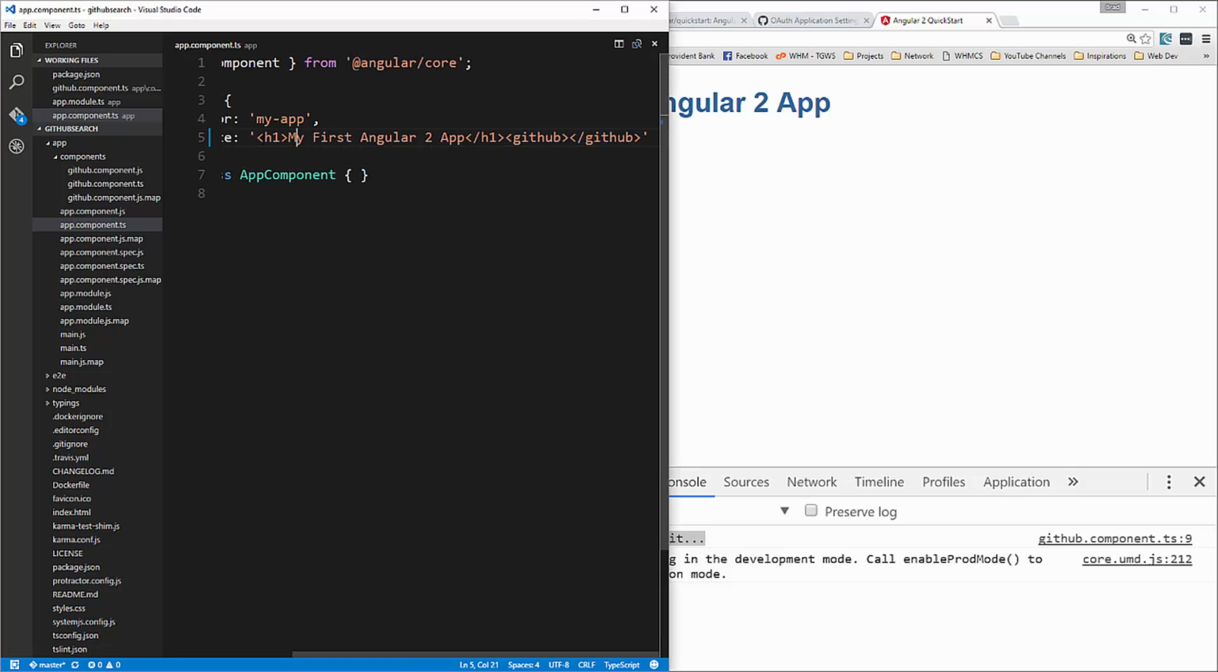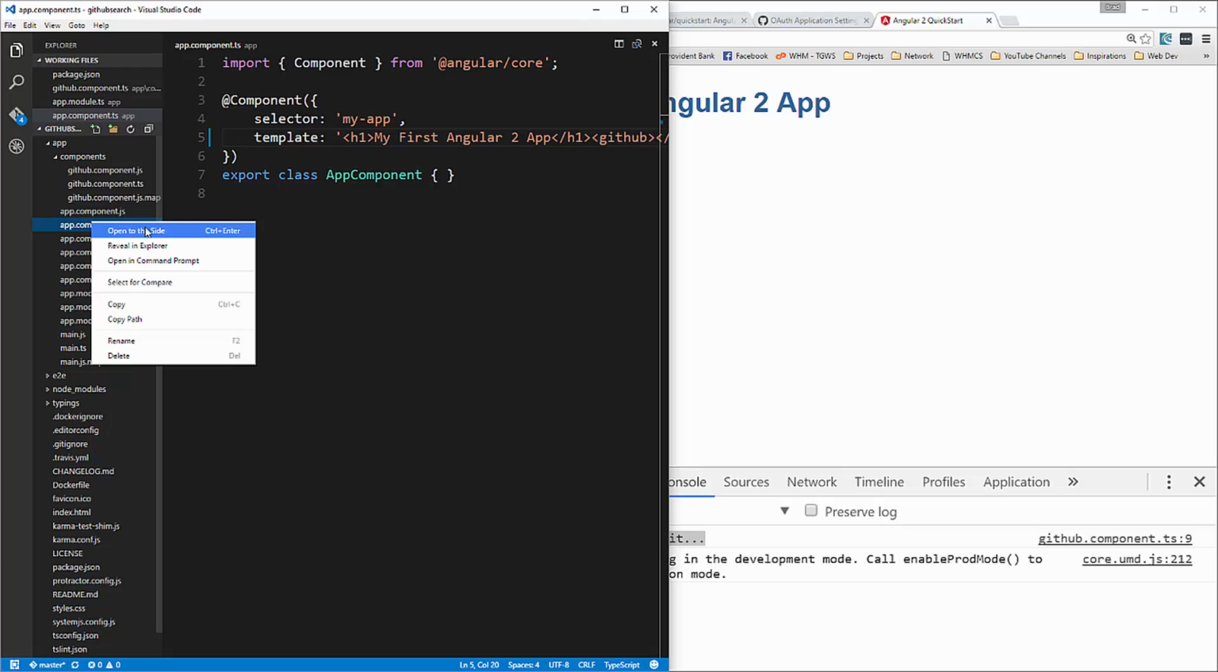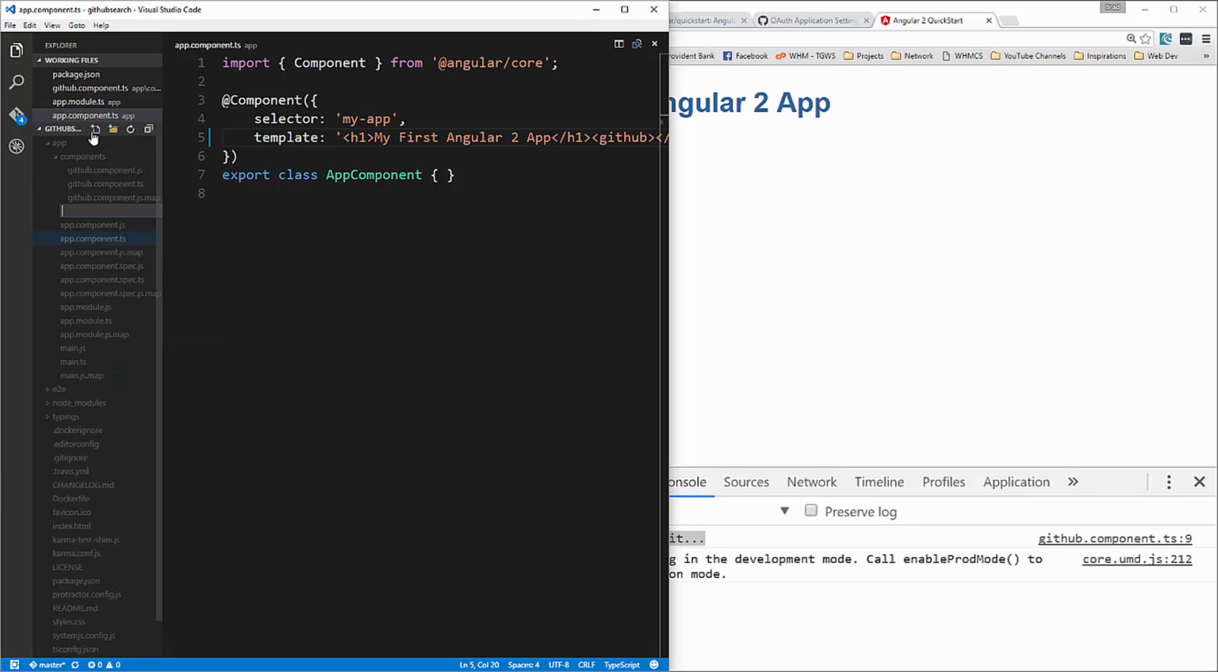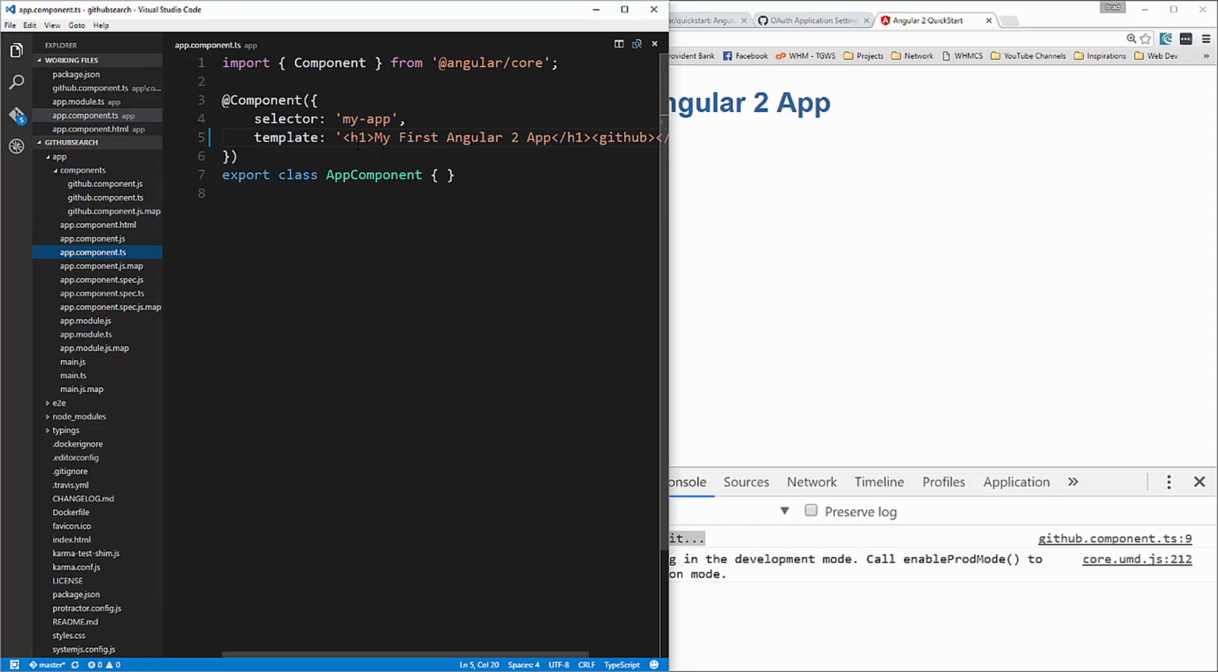Now instead of including the template as a string like this in both this file and in our GitHub file, we want to use a separate HTML file. So in the root folder here, or the app folder rather, we're going to create a new file called app.component.html, and we're going to grab from the TS file